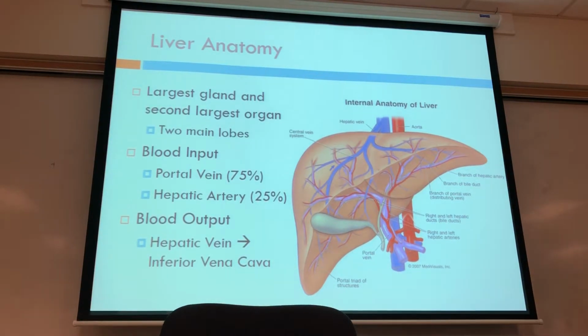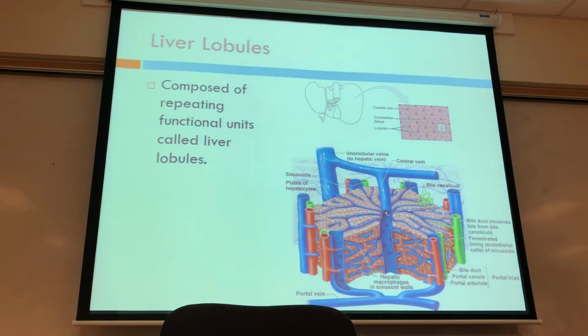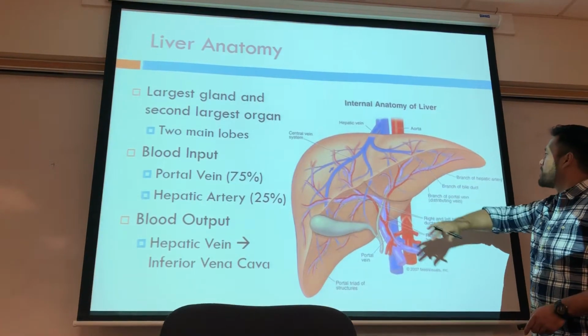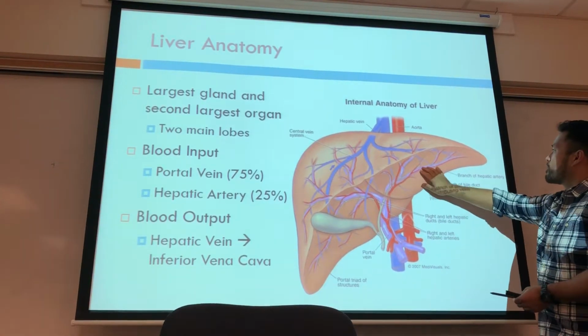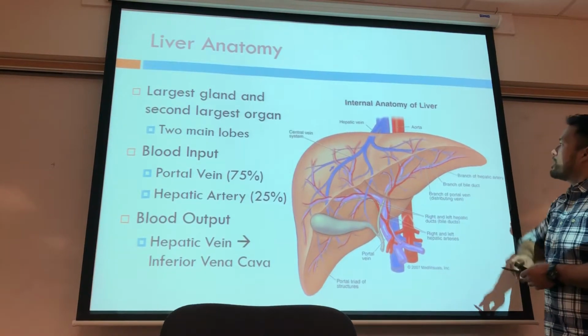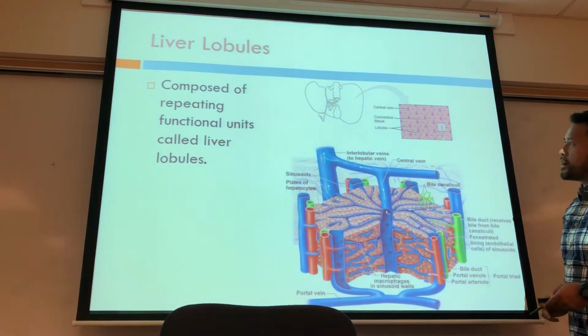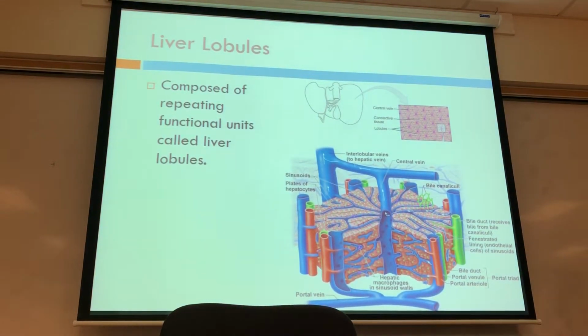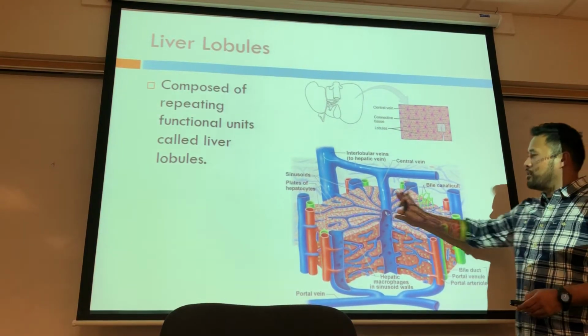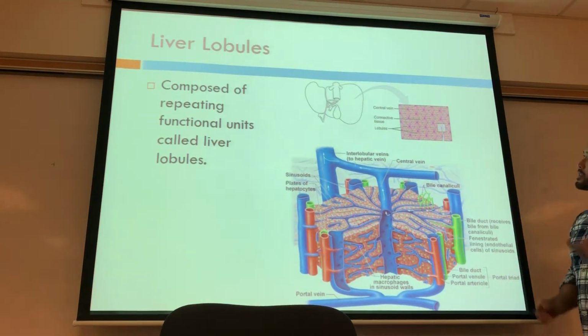So knowing that we now have two inputs for the blood, we can see where that blood makes its way. As I mentioned, portal vein and hepatic artery branch off into a bunch of smaller arteries, arterioles, into capillary beds. And within those capillary beds, there's going to be embedded our functional unit called liver lobules. These liver lobules are a bunch of repeating hexagonal units, and you can see that on our image on the top right. A bunch of hexagons embedded, where right in the very center, you're going to see what's called the